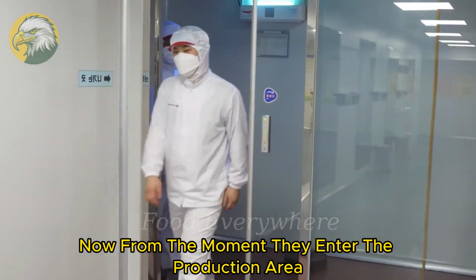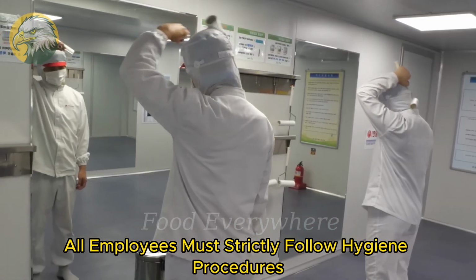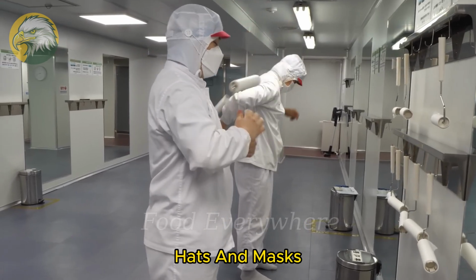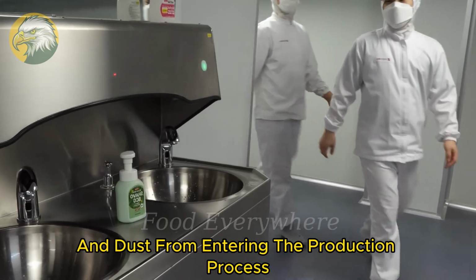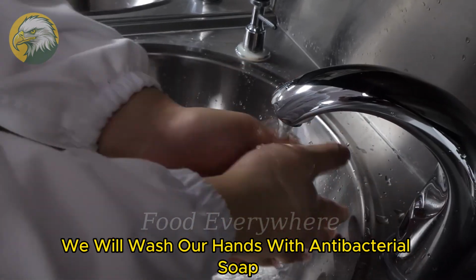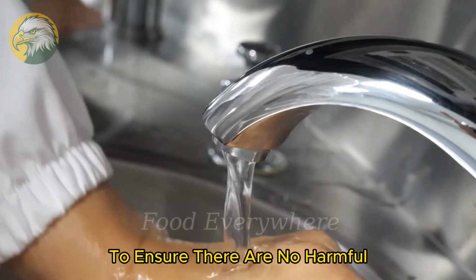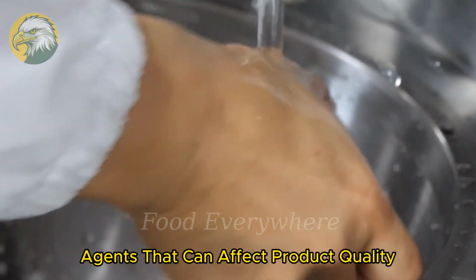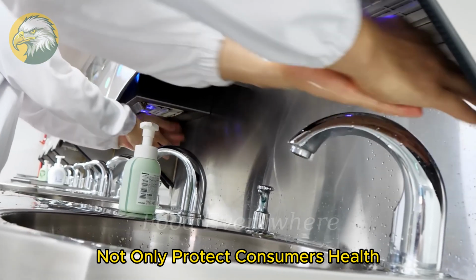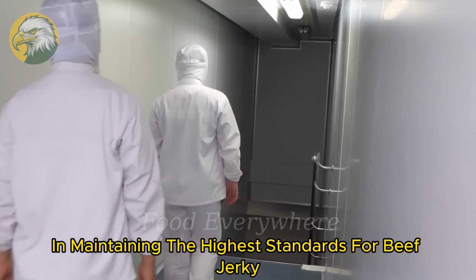From the moment they enter the production area, all employees must strictly follow hygiene procedures. Employees are fully equipped with protective clothing, hats, and masks to prevent any bacteria and dust from entering the production process. We will wash our hands with antibacterial soap and clean water, and disinfect footwear to ensure there are no harmful agents that can affect product quality. These strict hygiene measures not only protect consumers' health, but also demonstrate the manufacturer's professionalism in maintaining the highest standards